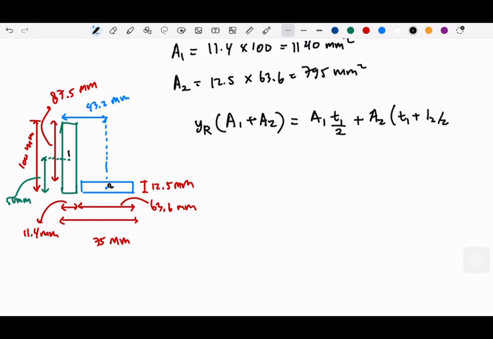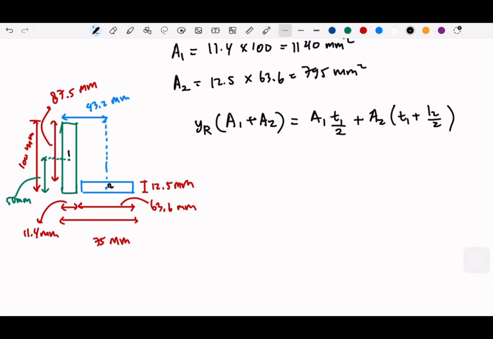L means the length, the width. Okay, this T1 plus L2 over 2